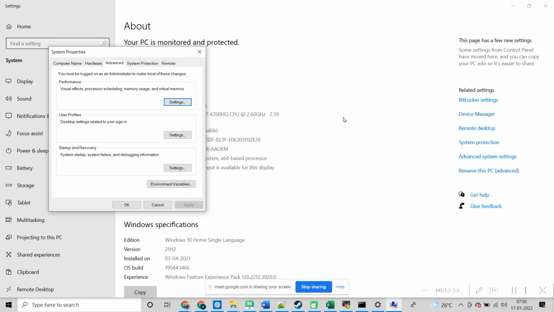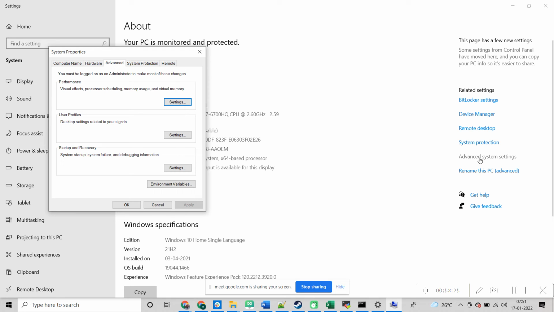Have you reached the advanced settings after copying that path? From This PC, go to Properties, then Advanced system settings on the right hand side.